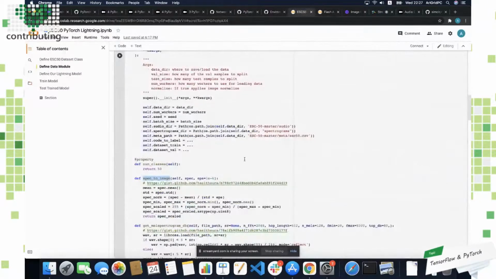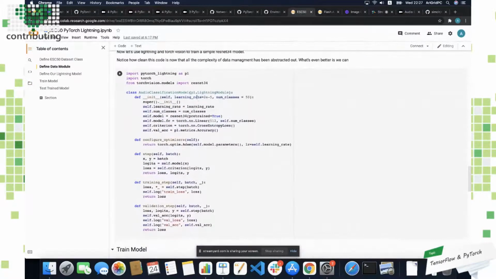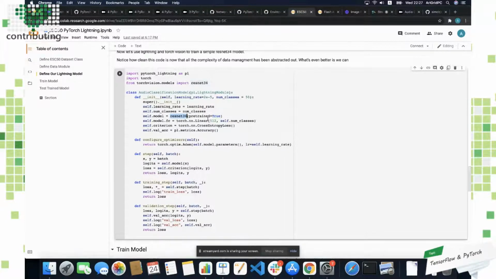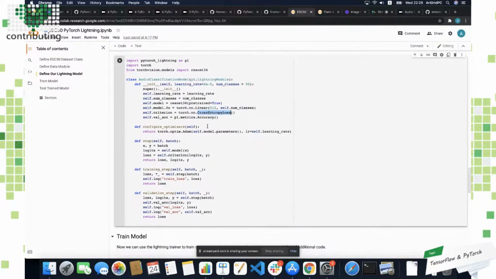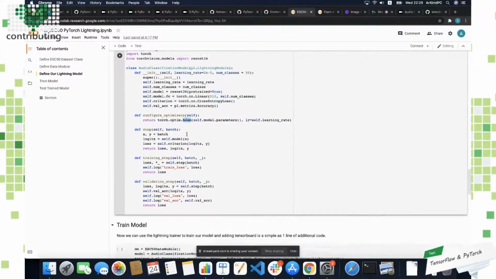And what you can see here is once I've done this, my model becomes super simple. So here, all I need to do is take Torch Vision models. I take the model that I want here, it comes pre-trained. I can set up whatever losses I want, so in this case, cross entropy loss. I'll treat it as a categorical. I can have my optimizer. This is what essentially enables my model to learn.